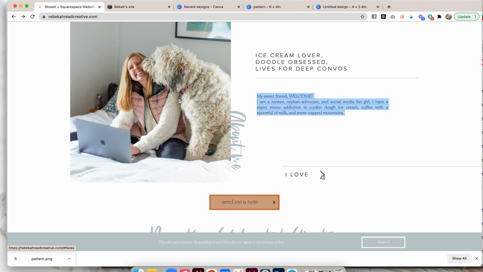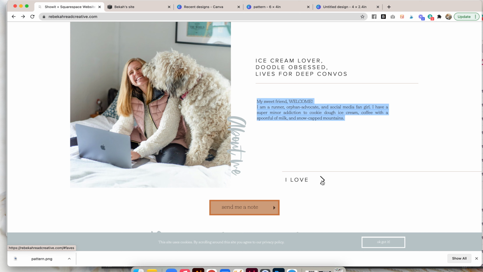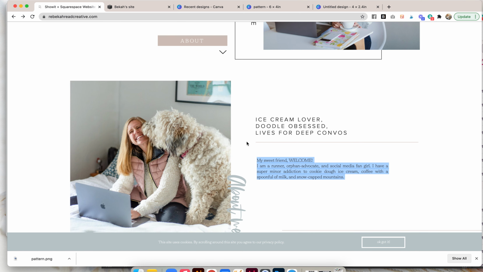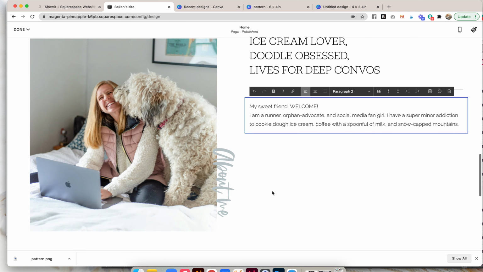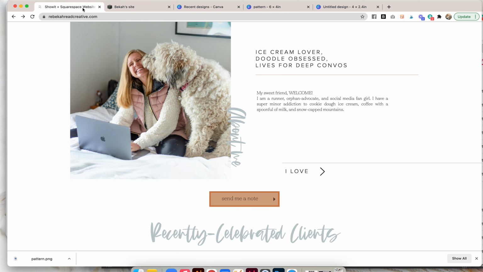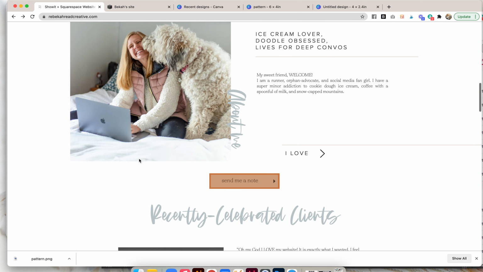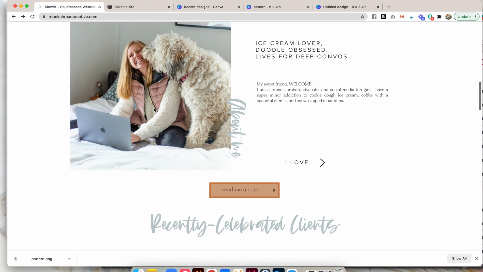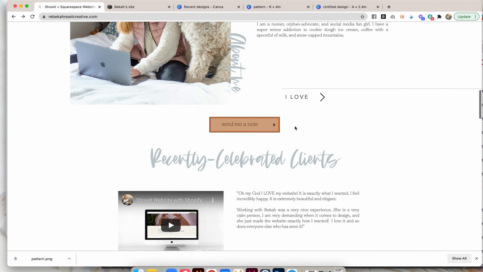Okay, so this feature I love, and then it goes to this. This is a pretty hard thing to achieve, and honestly, for the homepage, I don't think that's necessary. I think this could be something on the about page, so we're going to skip that. Send me a note. I love having calls to action throughout the website. Just trying to decide if that's needed. So we're talking about me, and I have about right here, so I'm going to skip that.